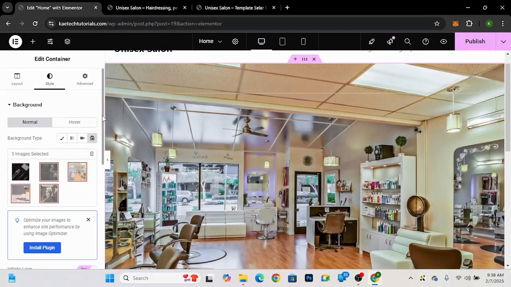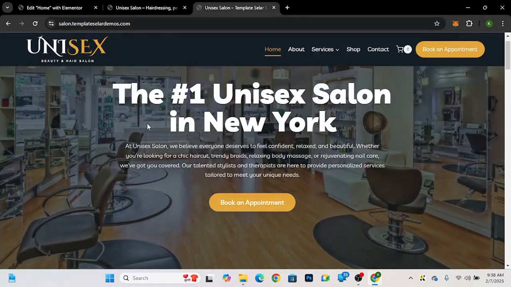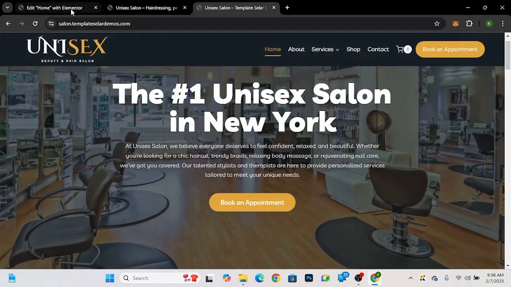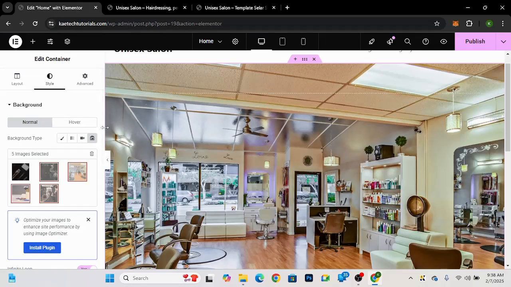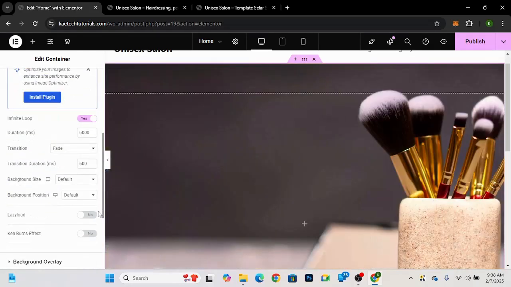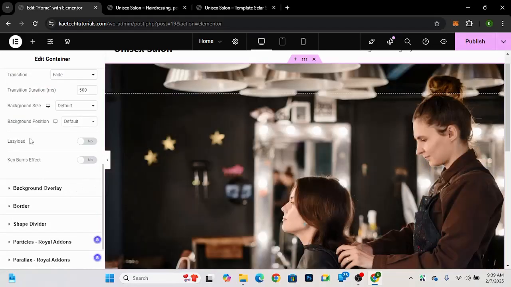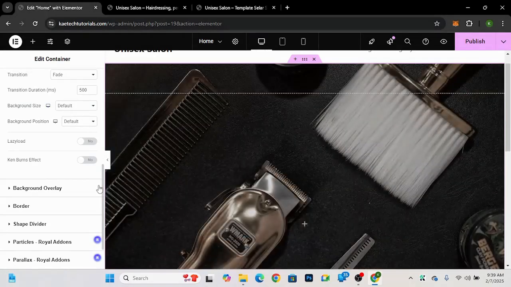Okay, so now let's go back to style over here, and then what we're going to do is we're going to give it an overlay. So if you look at this particular one, there is a darker overlay on top of this thing, so that whenever we write, it will be visible. Okay, so we scroll down over here, and then what we will do is we give it an overlay. But before we give it an overlay, let's just change